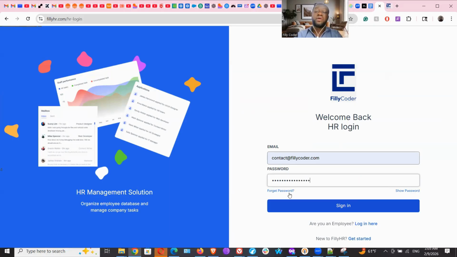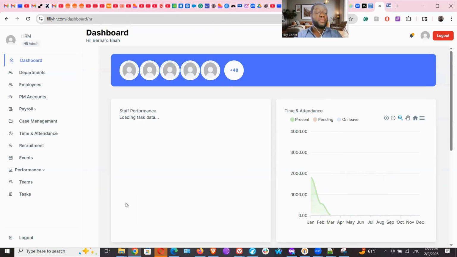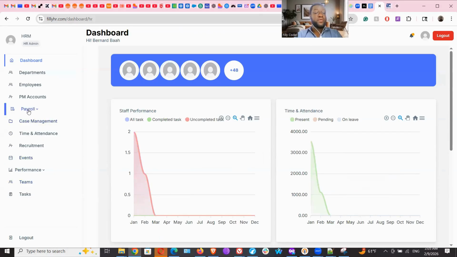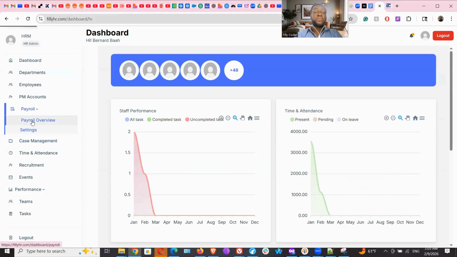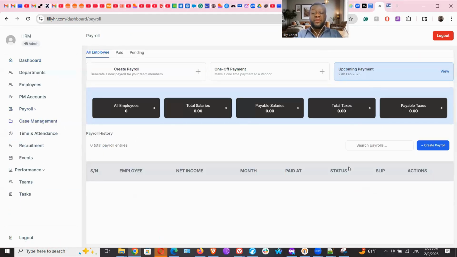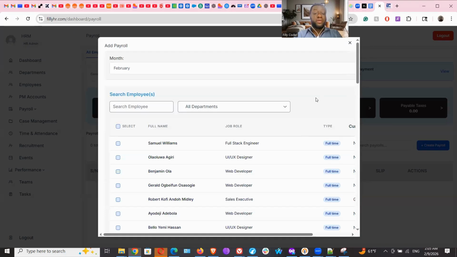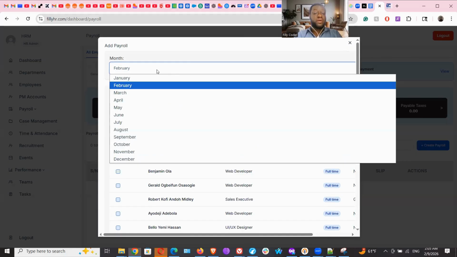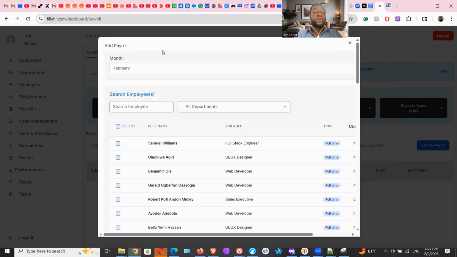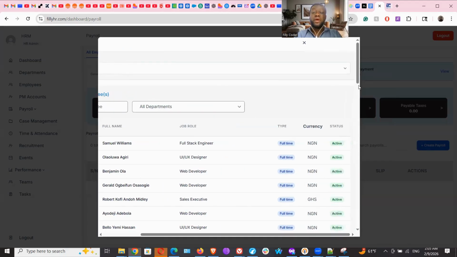Okay, once I log back in as an HR and I'm logged out as the product manager, I should be able to see the payroll section here. So I go to payroll overview, and now I see this here. So here you can create payroll for any month and process the payroll. So if I click create payroll here, I can see different months this year. So the 12 months, I can create a payroll for any of the months,